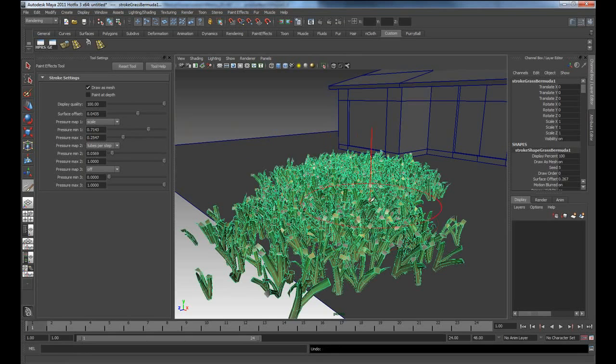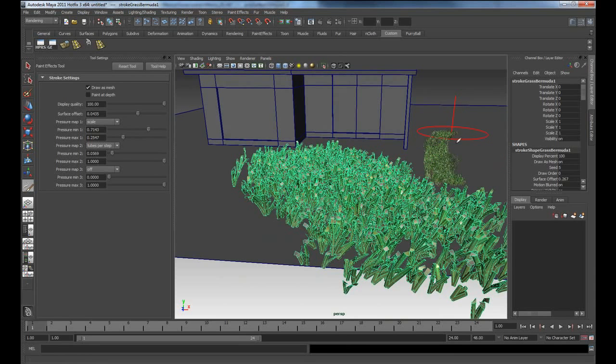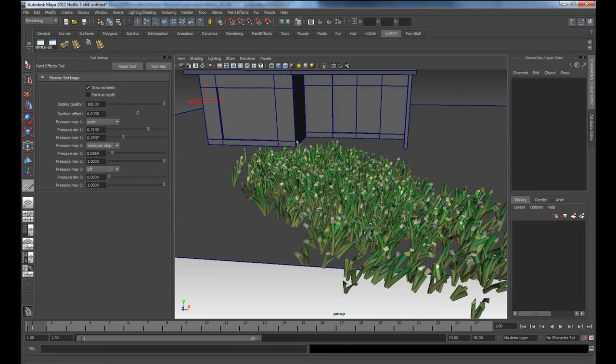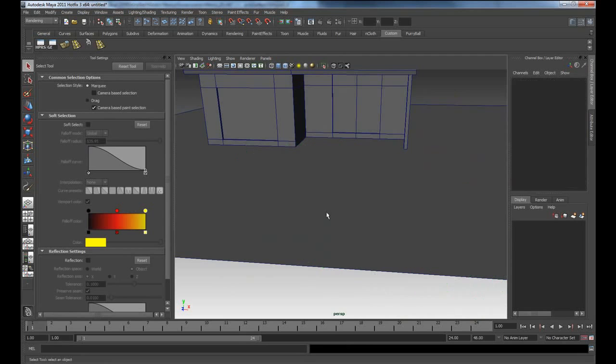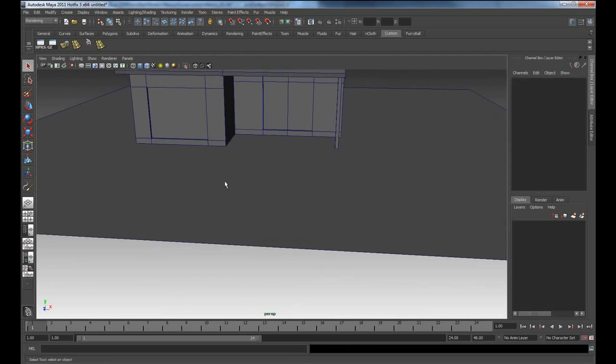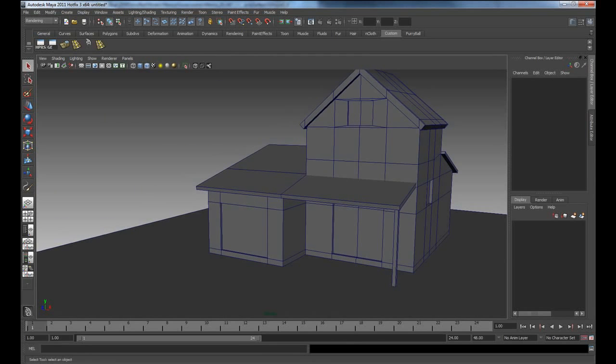So now you can start painting here. Alright. So that's what I did. You can delete that. Go to your selection tool, select it. I'm not going to leave the grass because it'll sort of make your computer chug or use all the RAM that it has. But you know, you can come in here to your